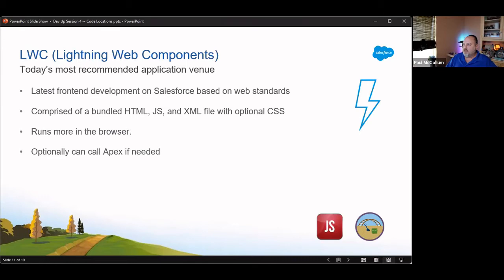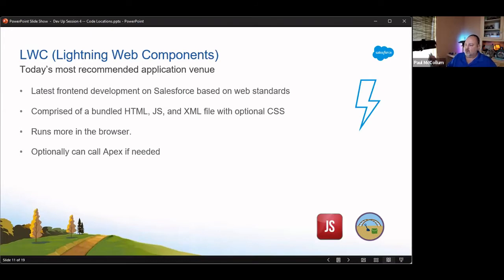It is based on web standards, but it is a slight variation. It's based on modern definitions of the ECMAScript standard, but is not perfectly browser runnable JavaScript. So if you played with native JavaScript or played with jQuery, it's kind of in the same vein. It does work in the browser. Your HTML and your code is sent to the browser and processed there, and different libraries are pulled in to make everything work. So you are writing fairly normal JavaScript, and your code that runs logic and browser logic and display